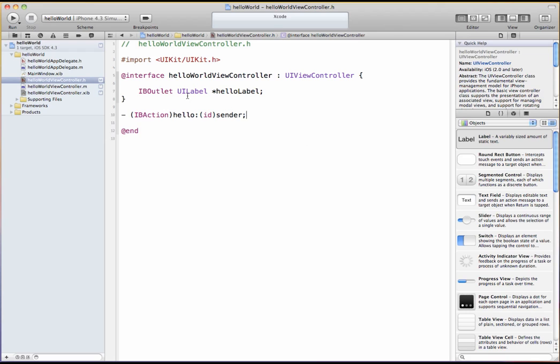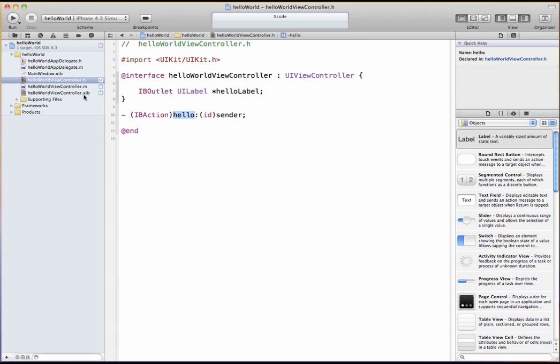This is our text label, and this is the name of our button that we defined in Interface Builder, but we didn't give it a name yet. We'll have to go back into Interface Builder and connect it to our code here. So we're saying that there's a label and what our label name is called, and there's a button and what its name is called. And it's going to be an Interface Builder action, means it's going to do something to